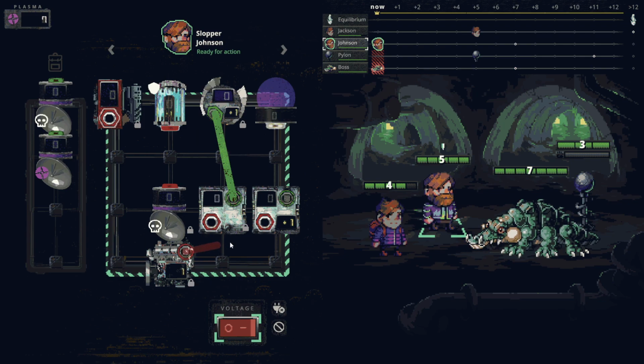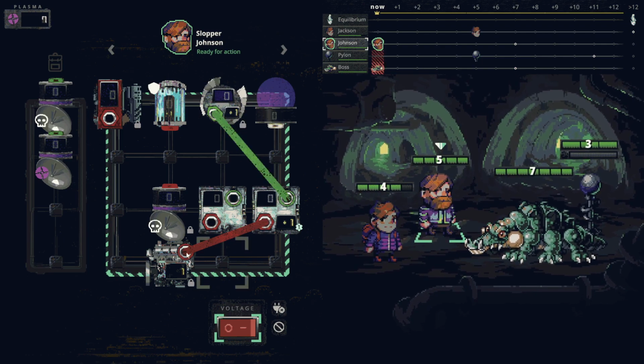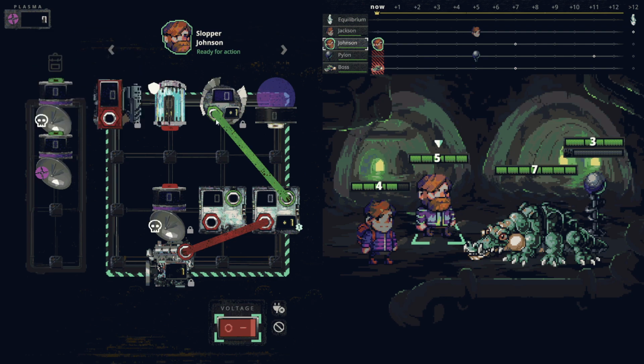I think I want to go with this, get the extra energy on our slasher module. This should deal 3 damage, at least to the crocodile. That's a start. 3 damage to the crocodile. Right, blade module. Shield is interesting. We could go with a shield